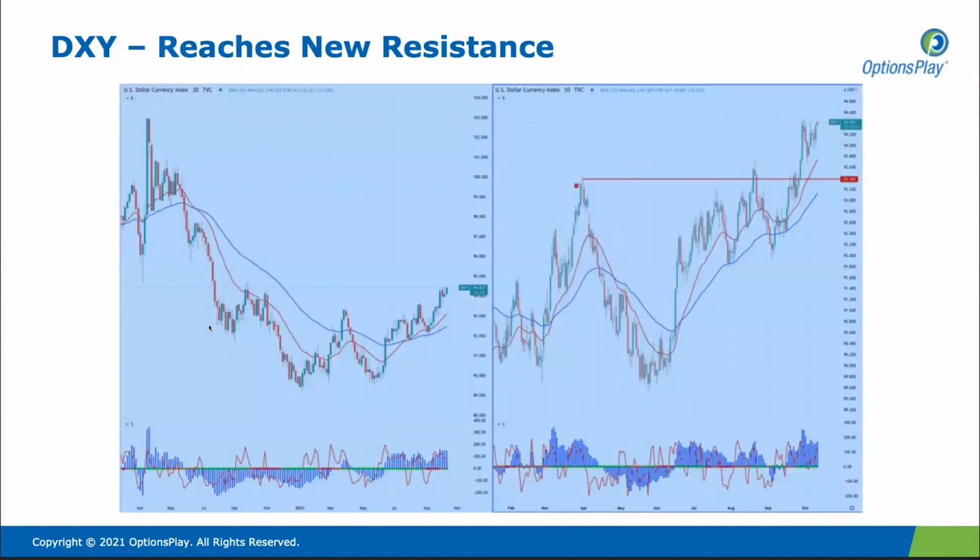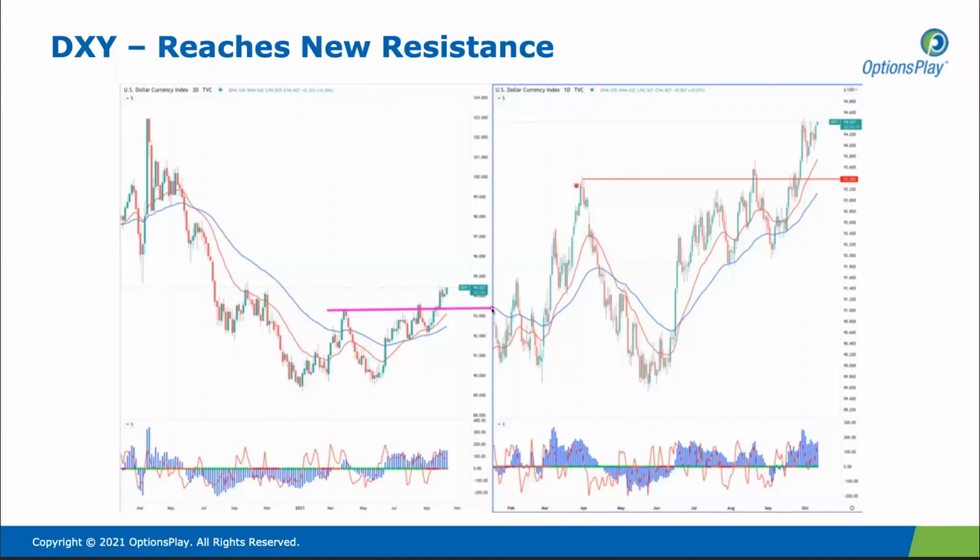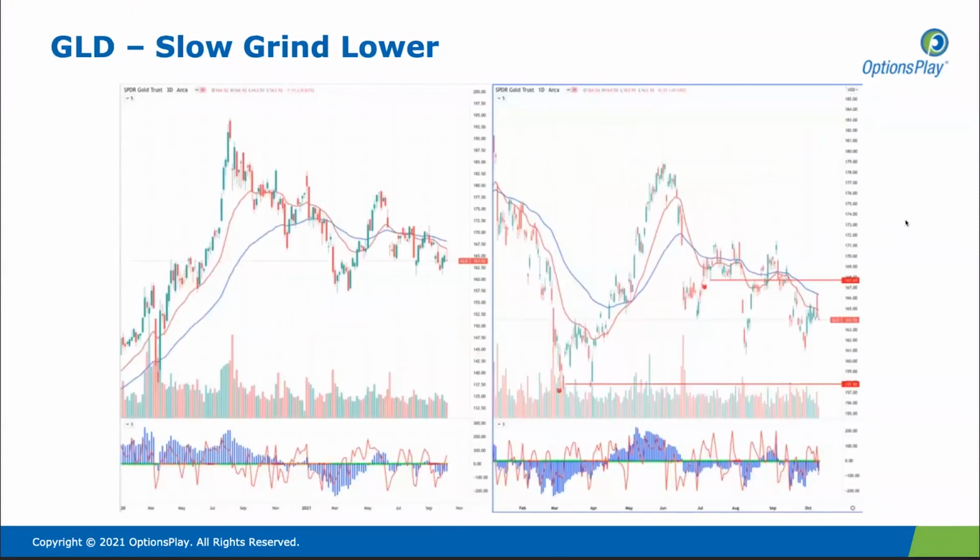The dollar managed to break out above the 93 resistance level on the longer term chart. It does have some resistance coming in around 94 or so. A breakout above 94 would certainly be far more bullish for the dollar, and that's going to put some further pressure on commodities like gold, which have already been under pressure for many months. As you can see, while gold has been very choppy, it remains in this strong bearish trend. And we do not have any evidence yet of gold breaking this bearish trend.